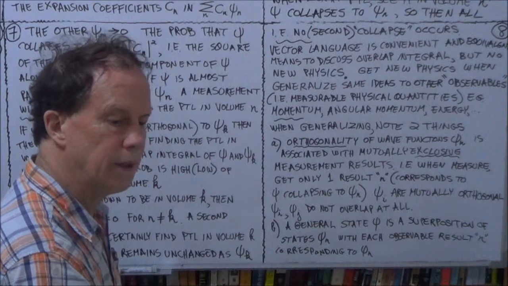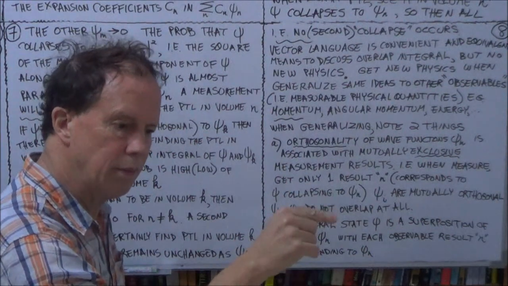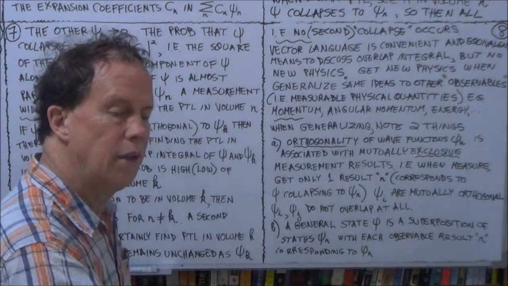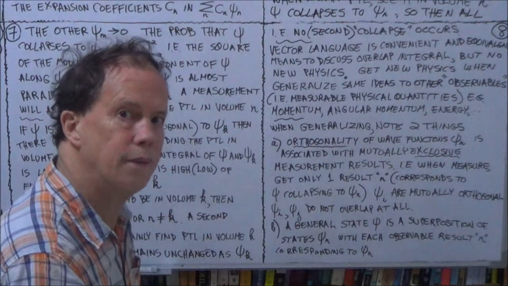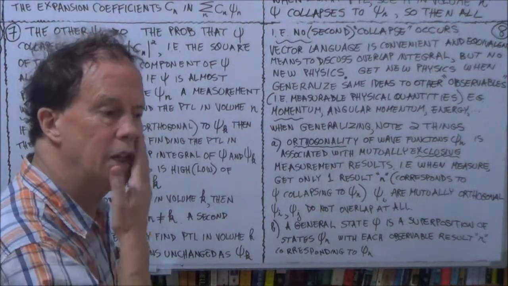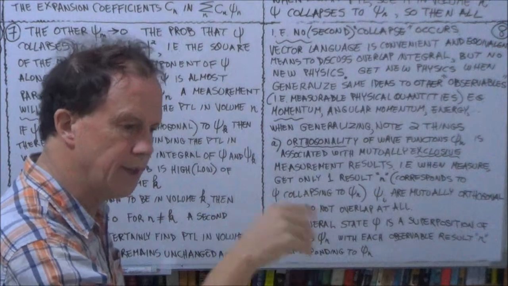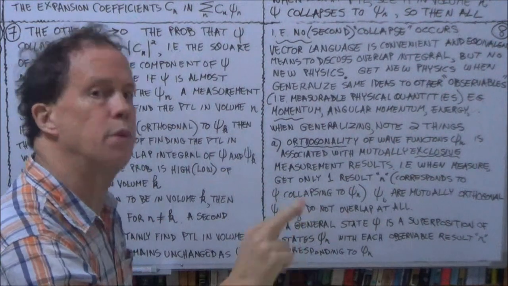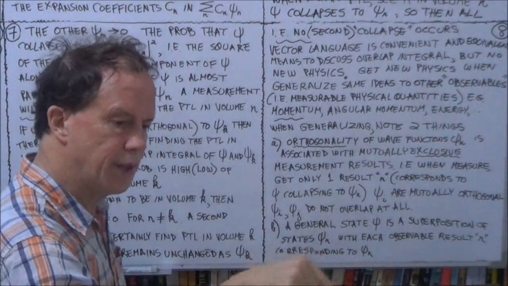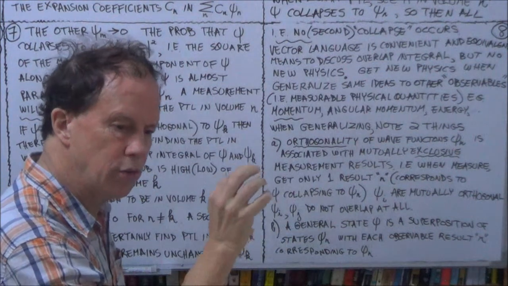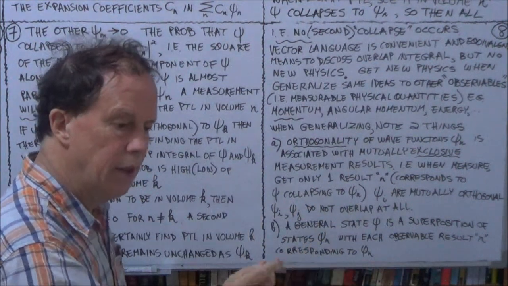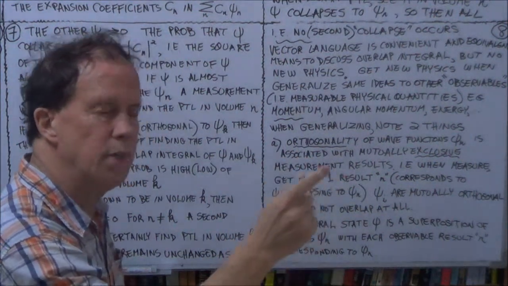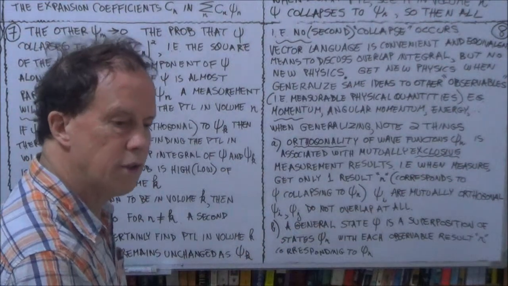Let's say the ith measured value would correspond to psi i, the ith state. So when you take a general wave function psi and you expand it, you write it as a superposition of your psi i's, and you're going to measure, let's say, the angular momentum, then for each possible outcome,